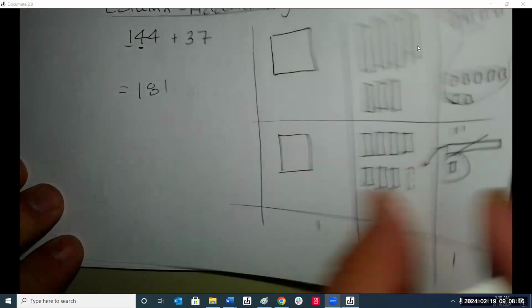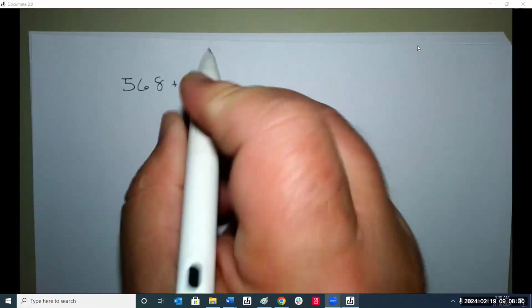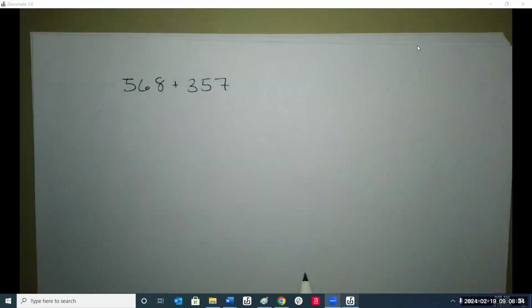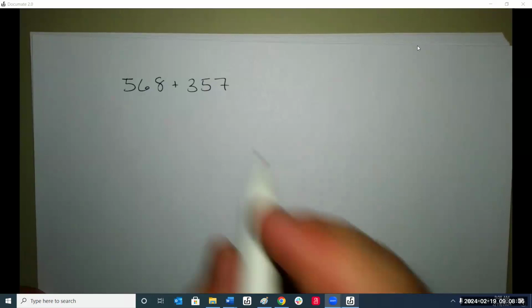All right, let's make another one like that. Again, the blocks will be a safety mechanism for the kids. Let's take another example. 568 plus 357 using the column addition. So we have